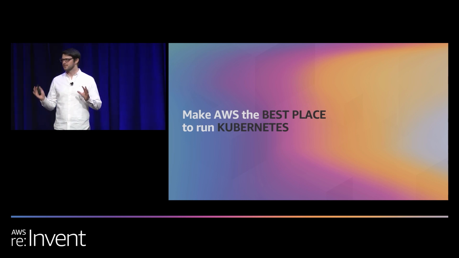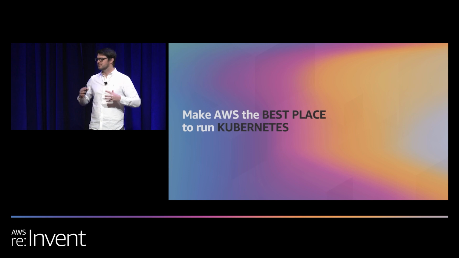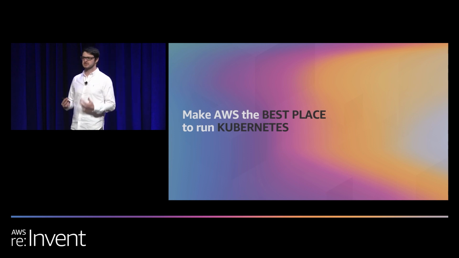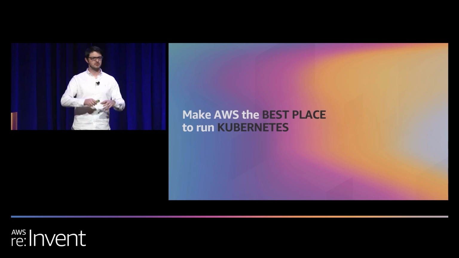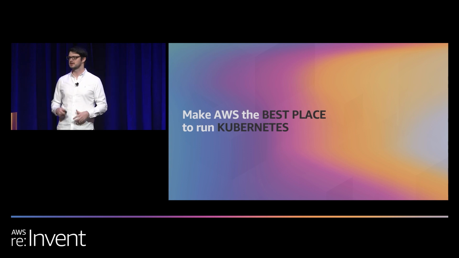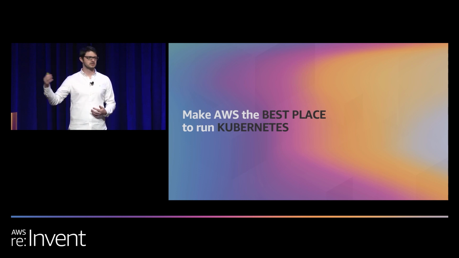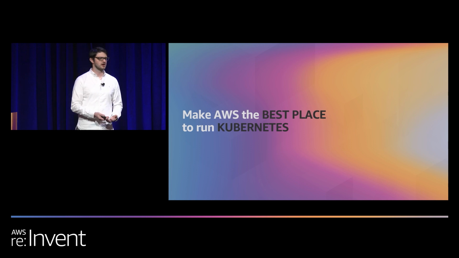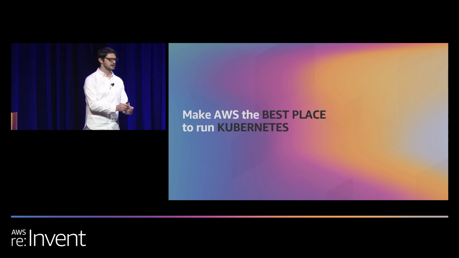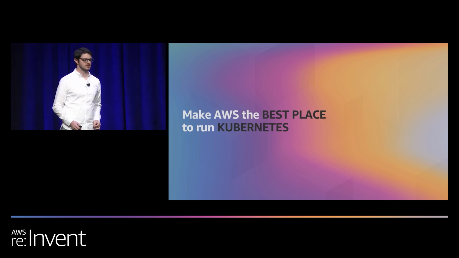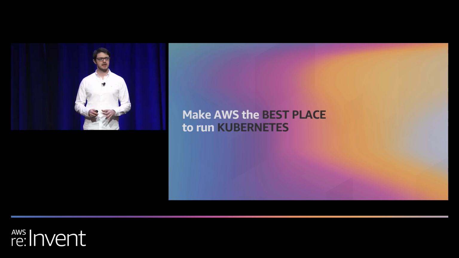Awesome. So let me talk a little bit about what does it mean to run Kubernetes on AWS? What's the mission of my team? So I personally work on Amazon EKS, but my larger team is working on Kubernetes on AWS. The general manager, the person at Amazon who's actually responsible for all of this stuff from a management perspective, his title is actually General Manager of Kubernetes on AWS, not EKS. So our mission on this team is to make AWS the best place for you to run your Kubernetes applications.